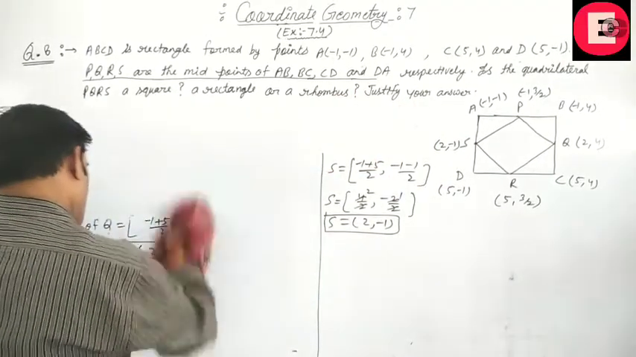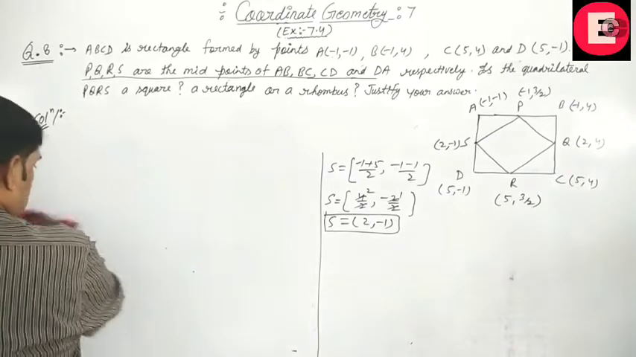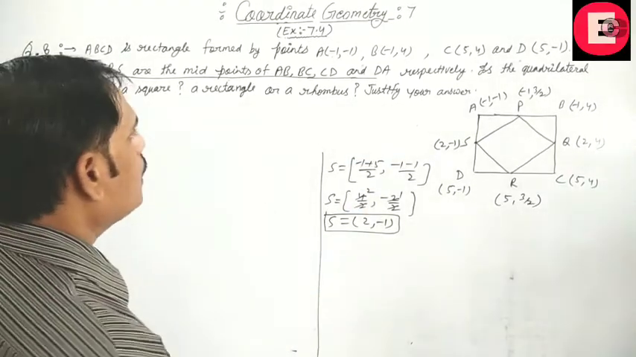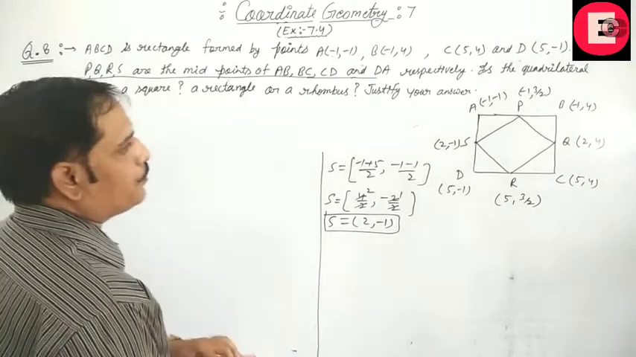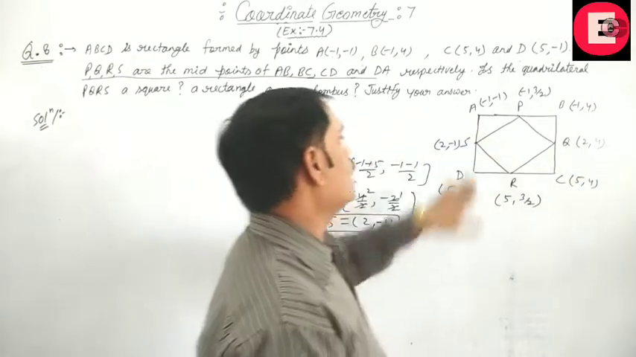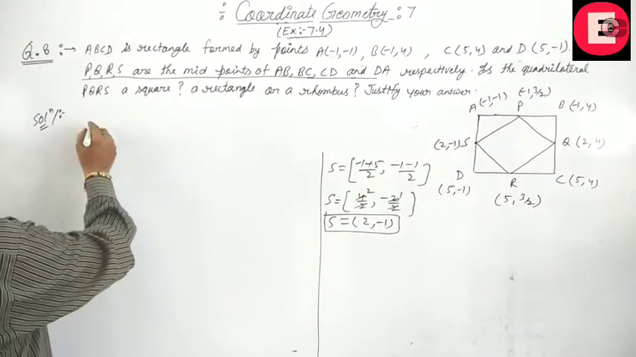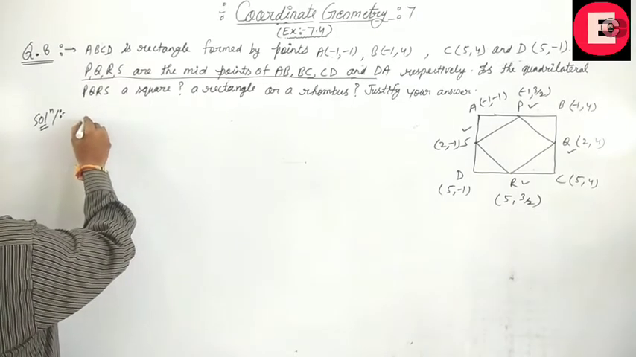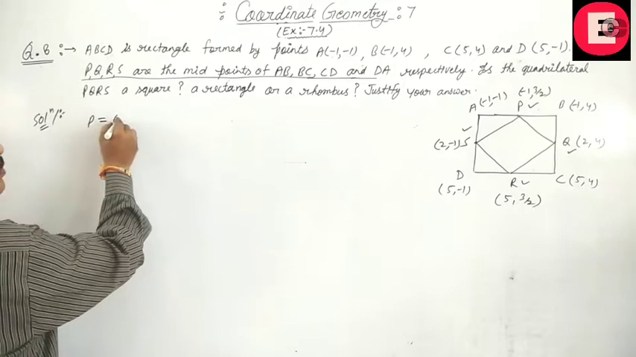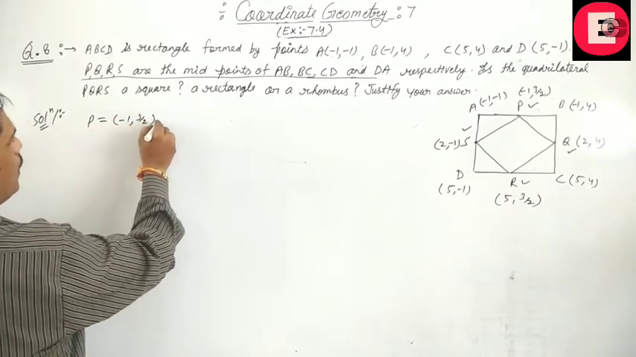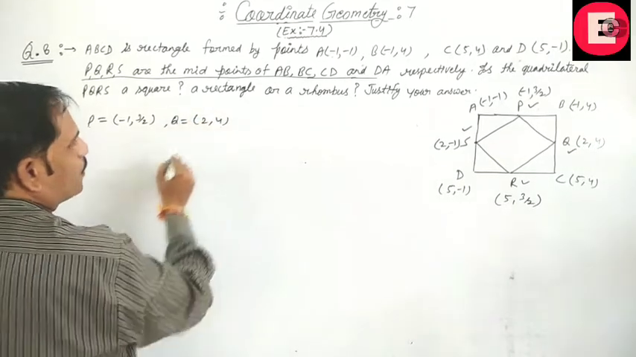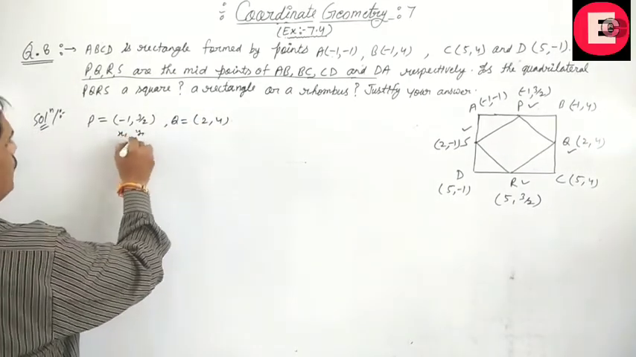Now, for finding the shape of this quadrilateral, first we will find the sides of the quadrilateral. Side P is equal to (-1, 3/2) and Q is equal to (2, 4). So for the side PQ